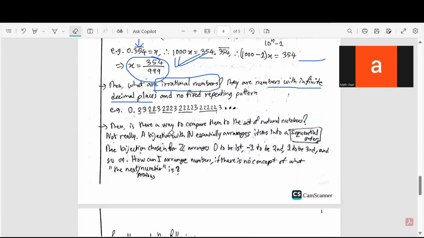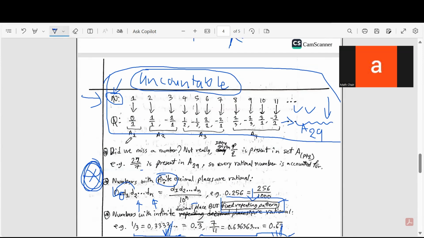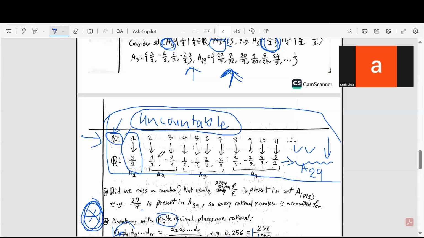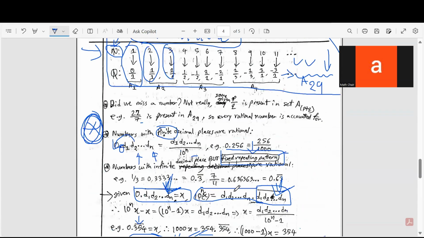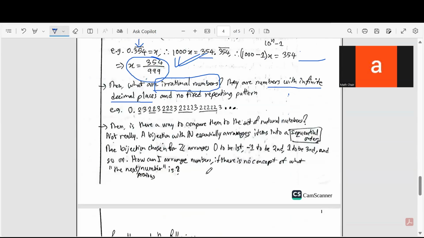So that's the thing. You see, when I count things, I'm actually arranging them in a sequential order. Like when people stand at a line, let's say at a bank or perhaps at assembly at school, people stand in lines, right? So let's say we have a store maybe or a bank or an ATM booth. Let's say I have some kind of a booth. Everyone needs a service from this booth. Perhaps it's a telephone booth. It could be anything, right? So here's a guy standing at the front. He's the first person there. Then there's a second person. Then there's a third person and a fourth, so forth and so on.